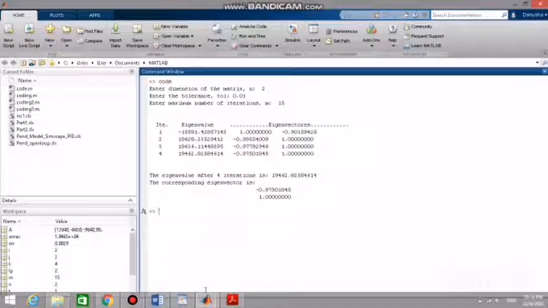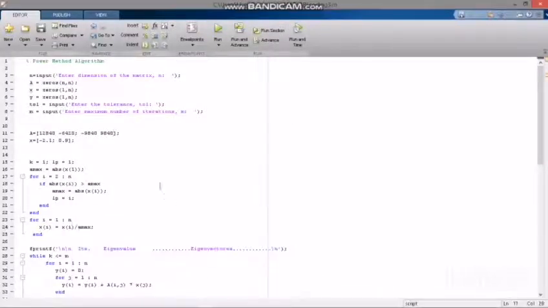For the lowest natural frequency, you have to go to the script and edit back your matrix here, which is 1.55 exponent -4, 1.017 exponent -4, 1.55 exponent -4, 2.033 exponent -4. Now you have to